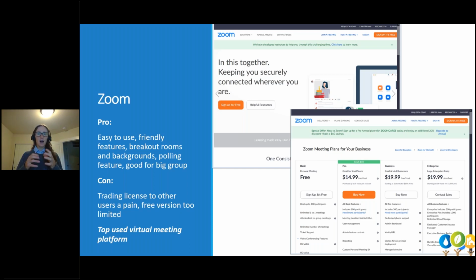In some ways, yes, they offer a free version, and this is also a consideration if you're only going to use this for an internal meeting with your three folks or a one-on-one; the free version works great. But if you're planning on having a meeting for more than 5 people, you're going to have to look for a paid version. So just know that a lot of these platforms figured out the top features people really want and then put all that in the paid version, where it used to be in the free version. So just know that those are a lot of things you're going to find as well. But as I mentioned, this is the top used one by the majority of folks.